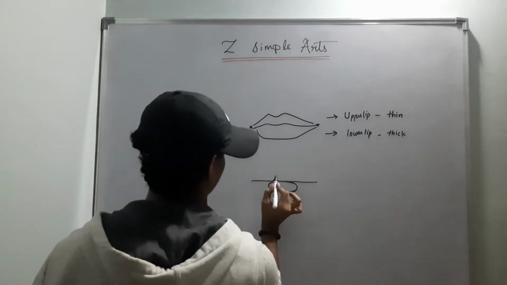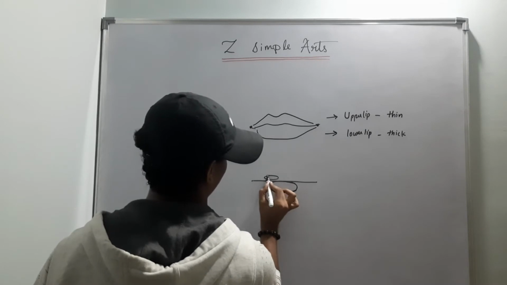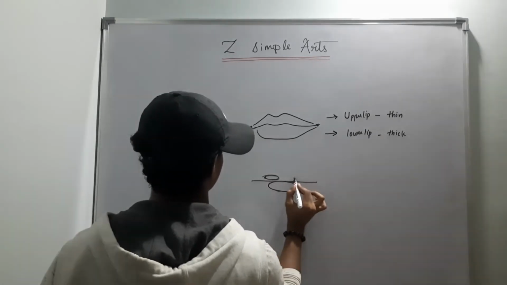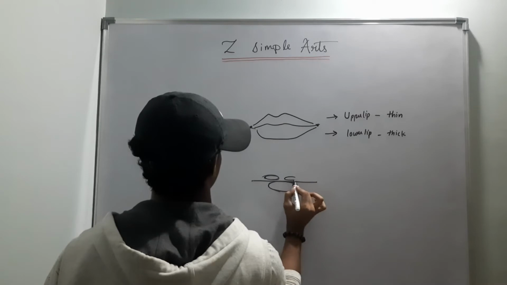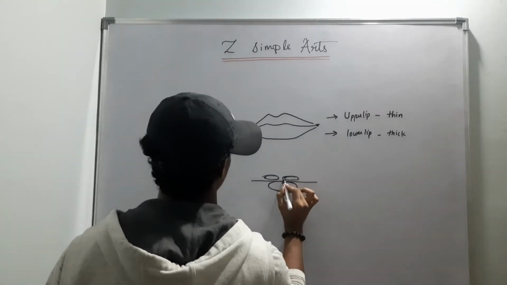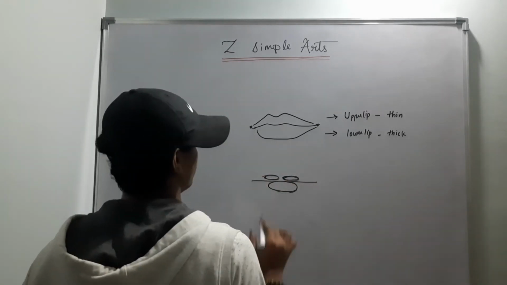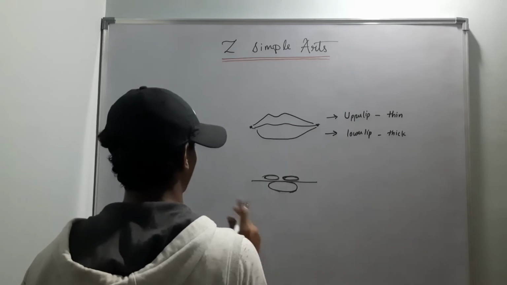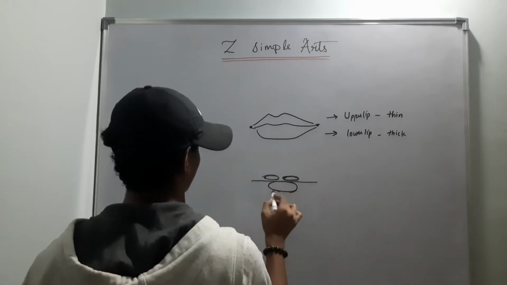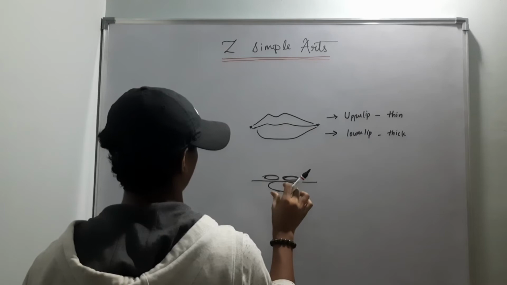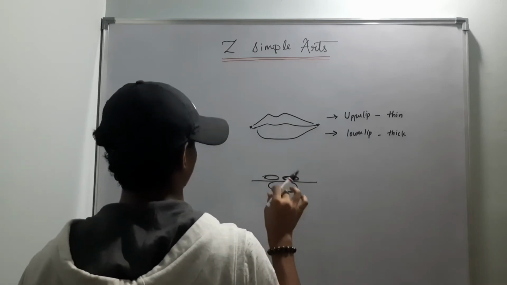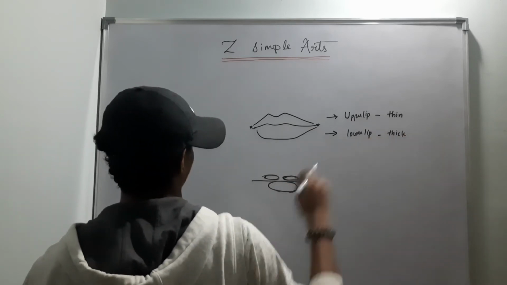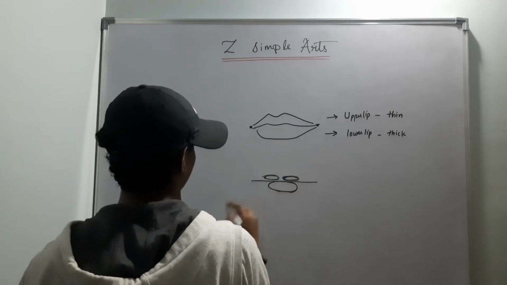What next? Two tiny oval circles just above the imaginary line. You can spot the difference. The oval below is a bit bigger, and it's big because the lower lip is thick. So next step is